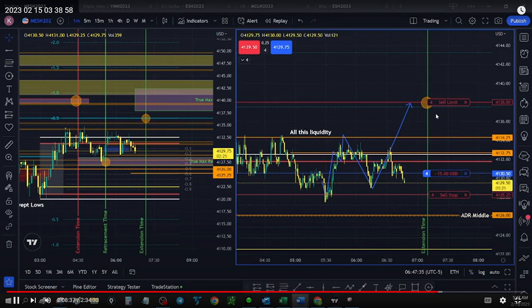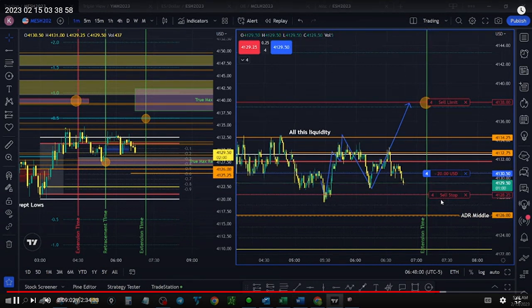This would have been a monster trade for me, but I didn't get in until, I think the first trade was way up here around the IDR. The second trade, I jumped right back in after I got stopped out, so it was a lot lower. But with the increase, doubling the position size to make up for the difference,